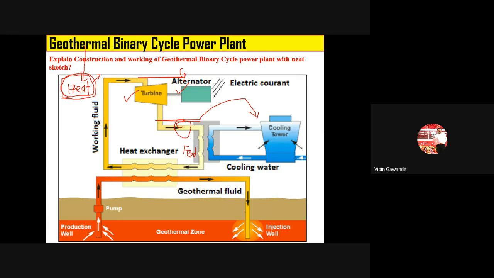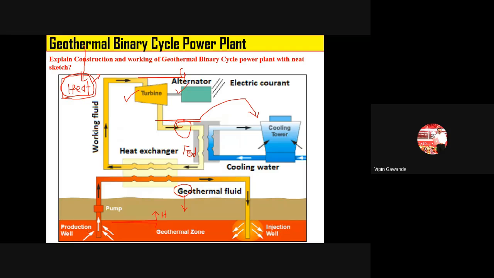Geothermal means it is coming from the soil. Geo means the ground or soil. Okay, so it is coming from the ground. That means on our earth there are certain regions where the temperature below the earth is very high. Okay, and we have predicted those particular regions, and from there we can take the heat. So at those particular regions, the pipe is inserted inside the ground.